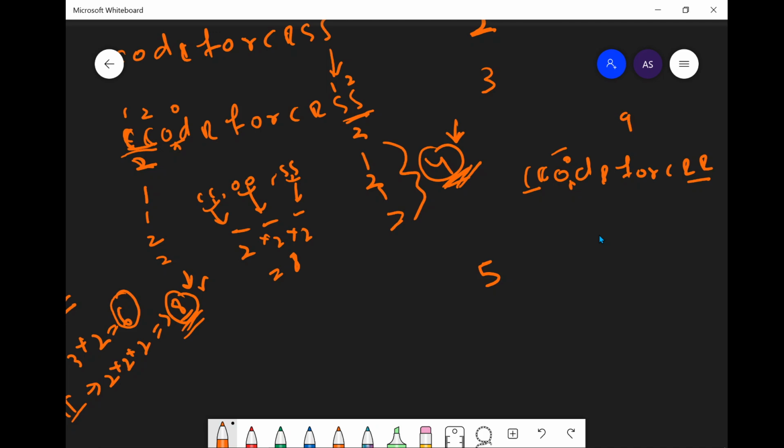Now if we want to have 9, then we have 2 into 2 into 2 earlier. We have the option of increasing either this D or this O or this C. If we do any of these we would get 2 into 2 into 3, that would be 12. But at the same time, rather than increasing D or C, if we added another E here, then we would notice a very good thing. We would have 2 into 2 into 2 into 2, which would be 16.